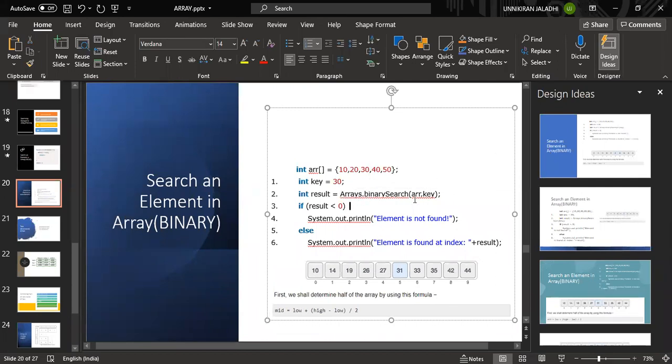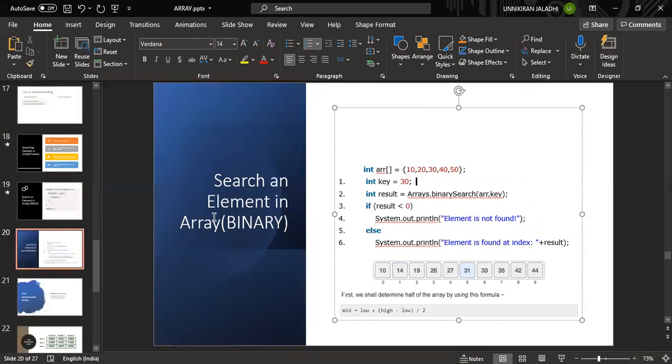So we are going to use an array which is in sorted order, and the key, which element you are going to search inside it. In the sense of a binary search, it is essential to maintain the array in ascending order. Then only binary search is possible. This is an interview question, you may remember that. There is a function called binary search with two arguments: one is the array in sorted order, and the other is the key you are going to search.